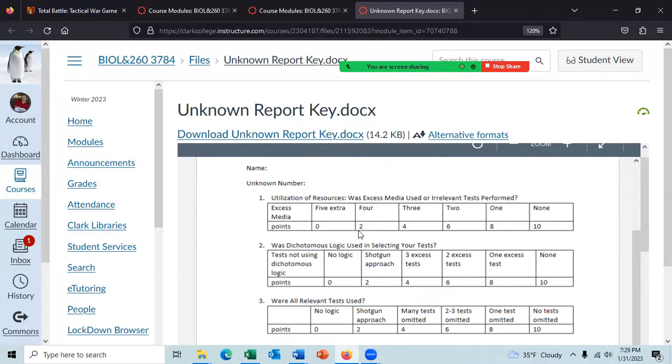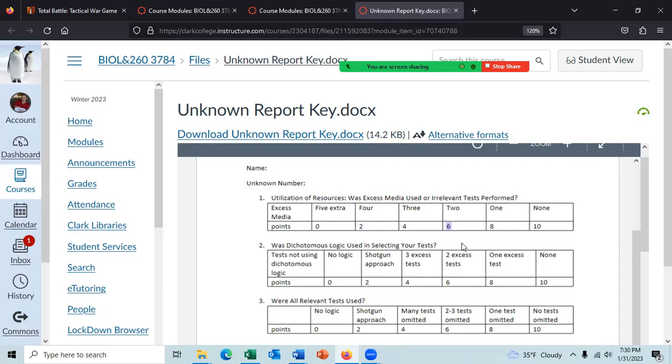Most students get a 10 out of this. Very rarely do they have an extra test. Sometimes students will go down the wrong road and they're just confused and they're asking for the wrong test and they don't discover it right away. In which case, very, very rarely, I've had 2 students who had two extra tests and they would only get 6 out of 10.